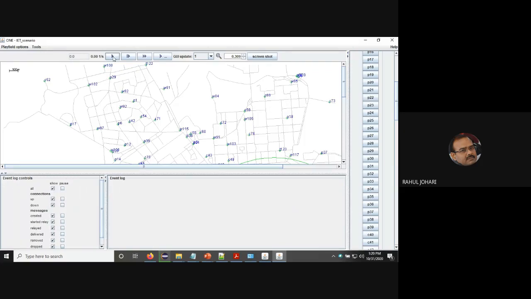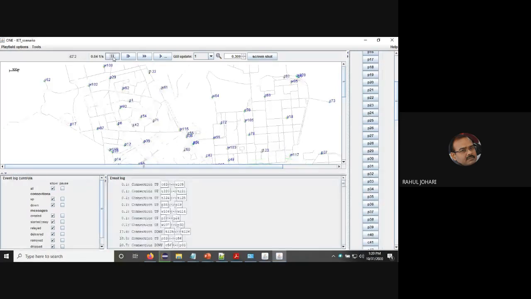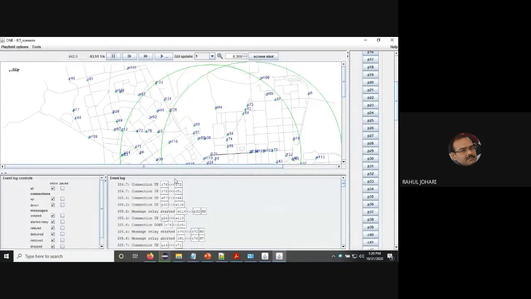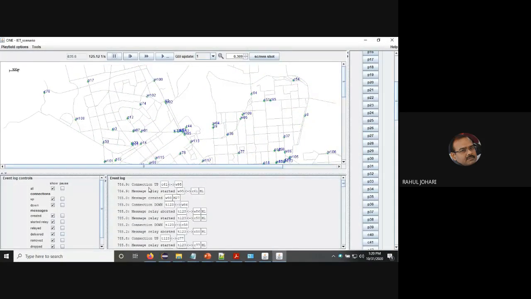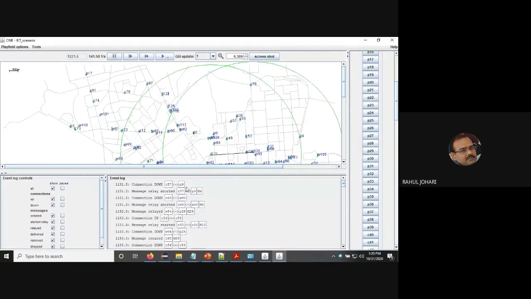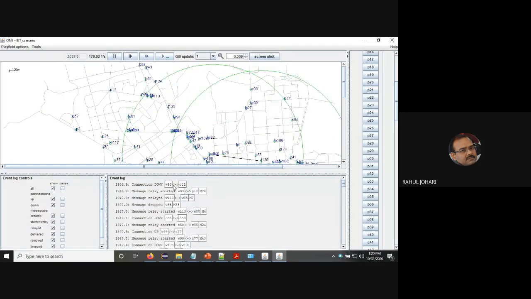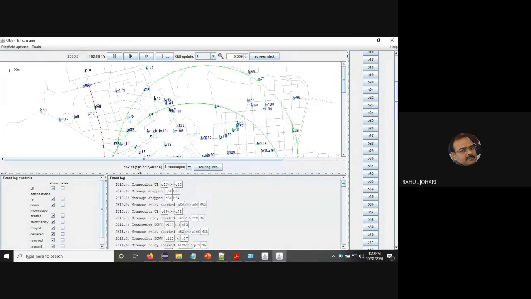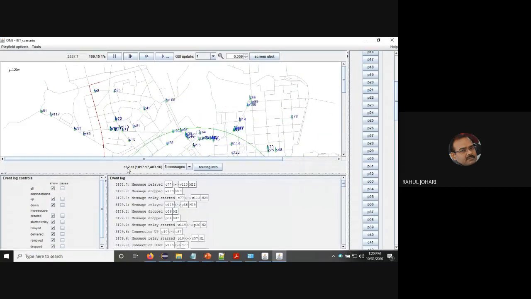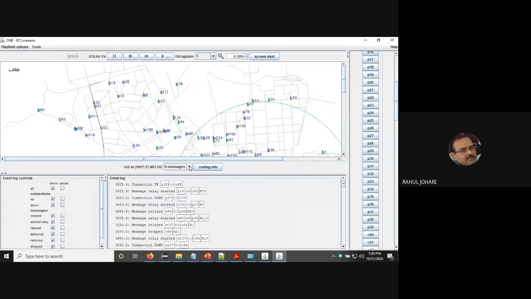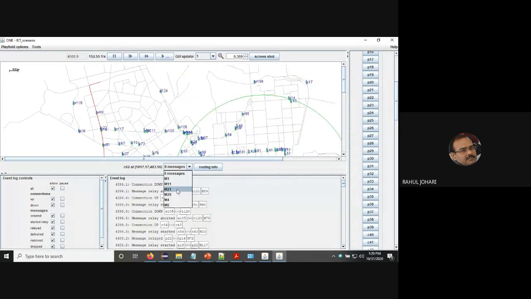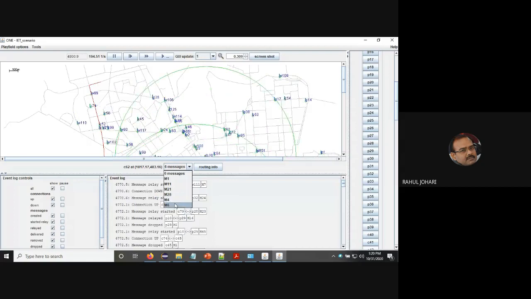So you can click it over here, and you can see the nodes moving around. And in the event log, if you look at it, the connection gets up and down between the two nodes when they come into contact with each other and when they start exchanging the messages. So you can click on any one of them. So let's say I clicked on this C62, the car node number 62. At this much amount of time, it has shared these 6 messages: M1, M11, M21, M28, M4, and M5.